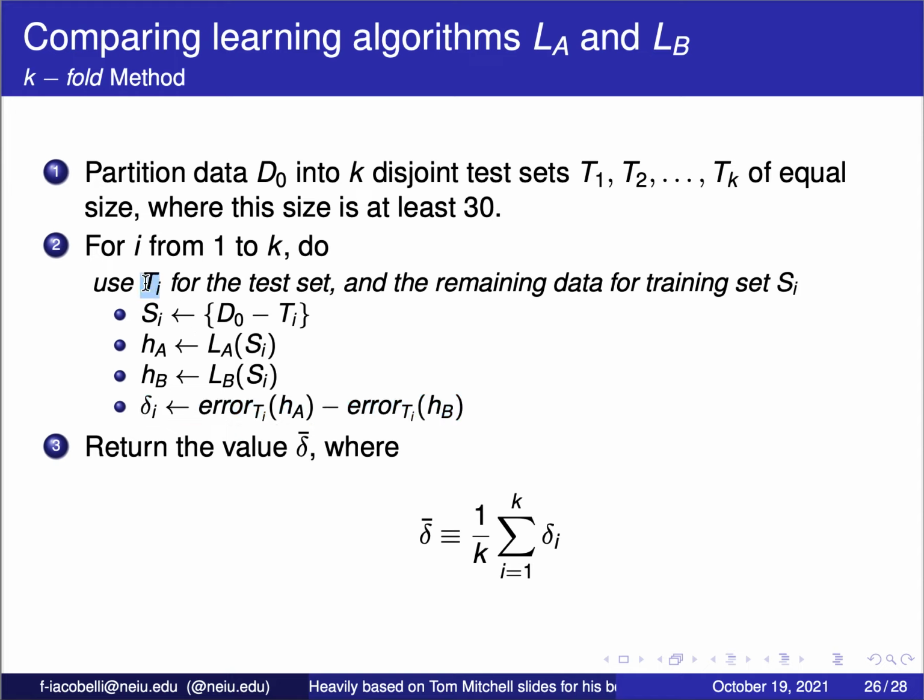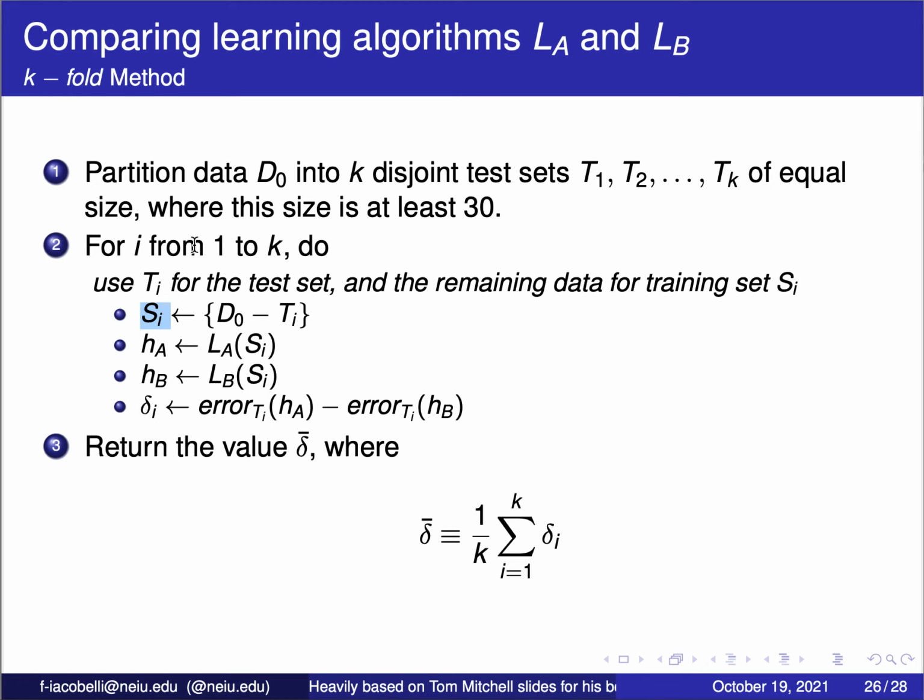I select, say, the second partition to test. My training data is going to be the whole data minus the second partition, so partitions 1, 3, 4, 5, 6, 7, 8, 9, 10, for example. And again, I train two learners on this and compute the error, in this case on partition 2. For the third iteration, same thing. The partition that I'm testing is the third one, the fourth one, the fifth one, and what I'm training on is